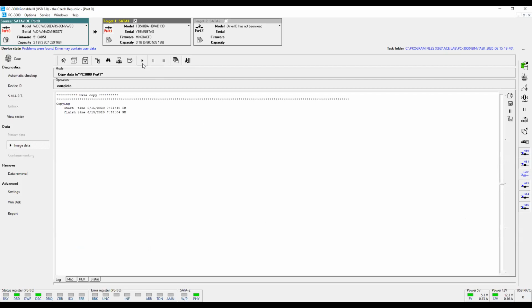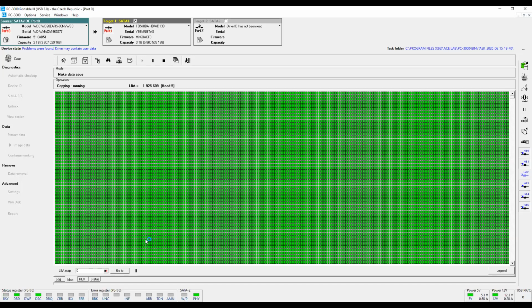After that, I can start the copying process, and this copying process will be amazingly fast. The drive will start the copying process by all healthy heads instantly, without any delays or problems, while it always skips head number 2. If I move the mouse over the head map, you can see that right now head number 0 is reading. Then it goes to head number 1, head number 3, head number 5, 4, and so on. But head number 2 is not in use here. And here is the way we can completely image the drive and then analyze it, even if head number